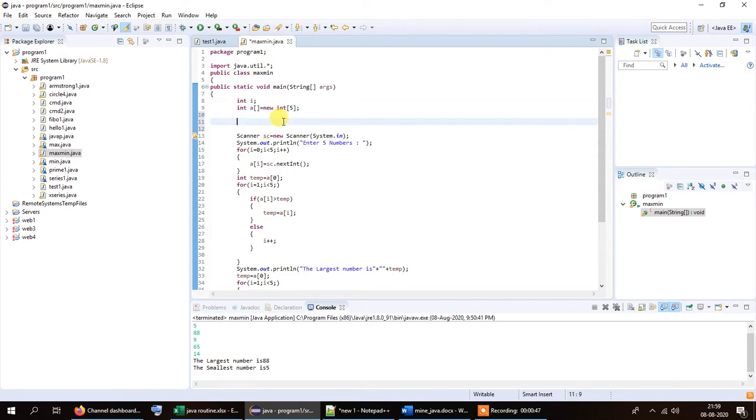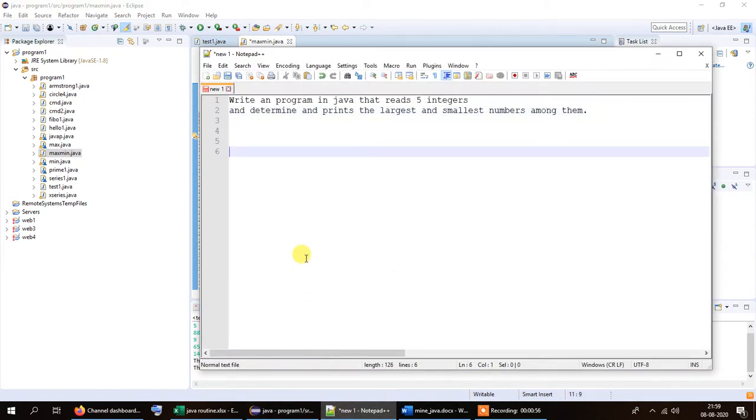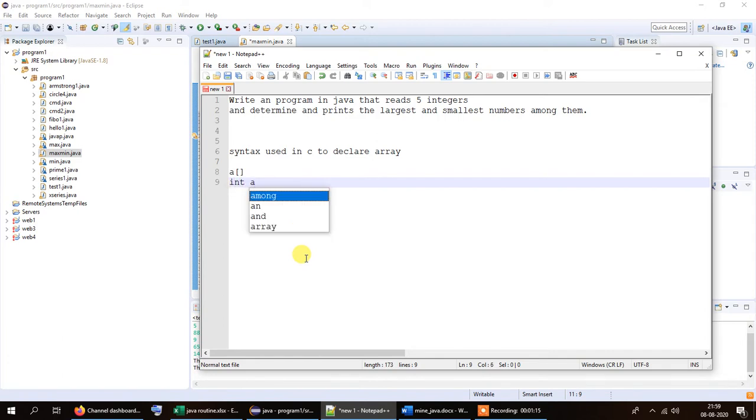I think all of you have done some kind of C programming earlier, wherein to declare an array we used to simply type the syntax used in C. Say we had an integer array by the name of A. In order to declare it we would have simply written int followed by A, but the process is a bit different in Java.